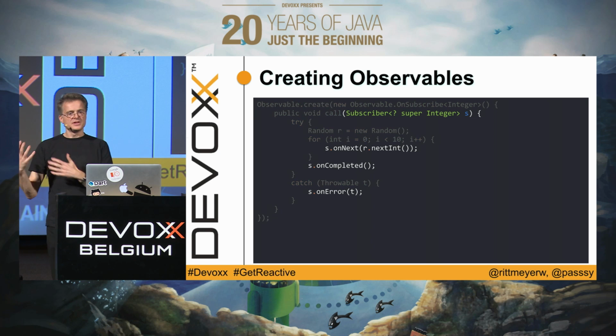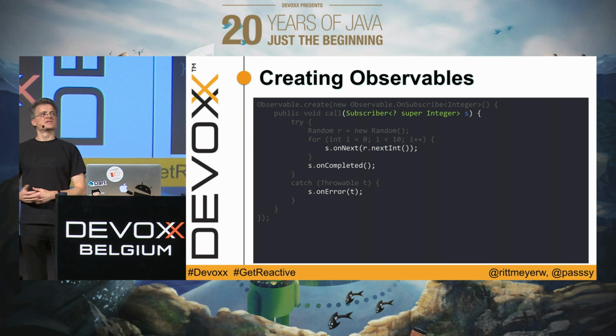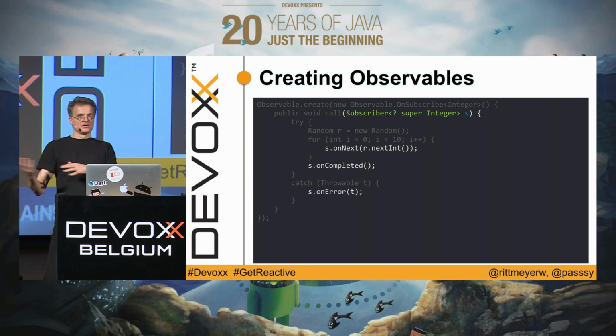Within your create method, you then call those callback methods on the subscriber. You call onNext whenever an item is ready, say when you are at the next row of your database. You call onCompleted when you're done with it, and should anything go wrong, you should call onError. Now, this is way too simple